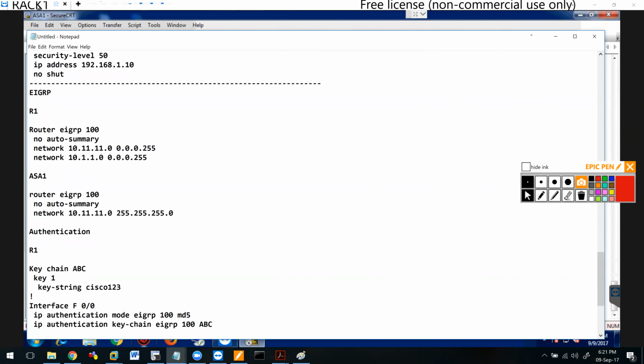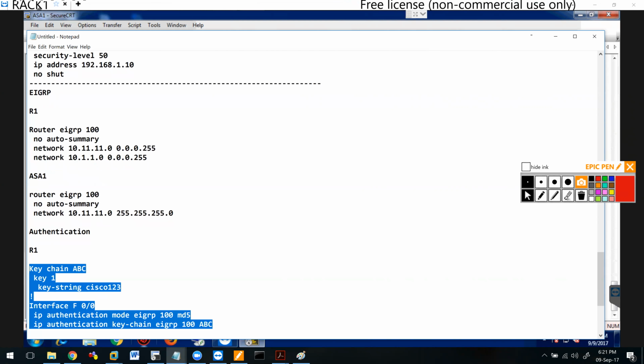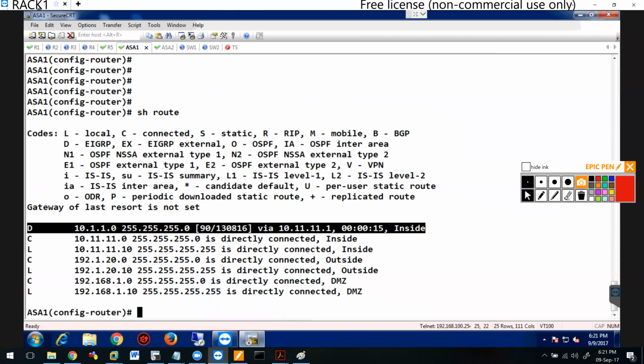Good so far? You guys understand how to do it on the router side. As soon as I copy and paste this onto my router, my neighbor relationship will go down. Questions,